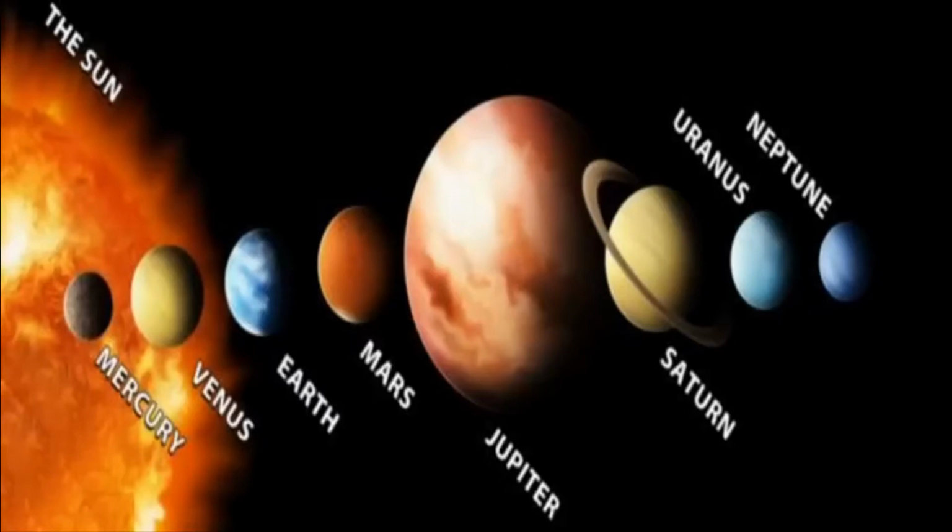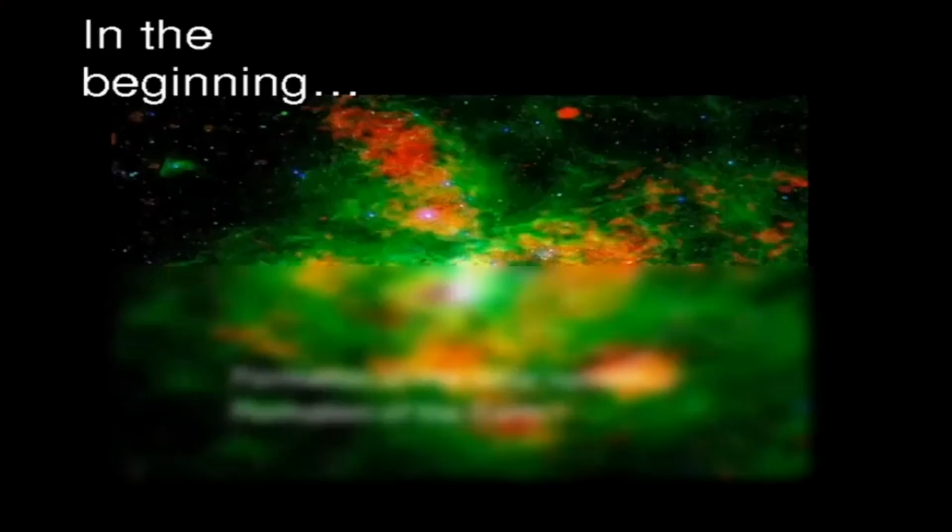Then you can see the names of these planets. You have Mercury, then you have Venus, and the third one is our Earth, and after Earth we have Mars, our neighbor. Then there is Jupiter, Saturn, Uranus, and Neptune. So these together, the 8 planets and the Sun and all the other heavenly bodies together, they form the solar system.